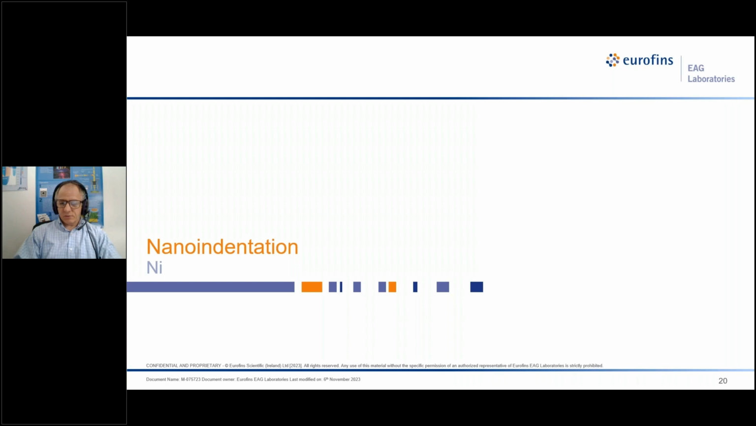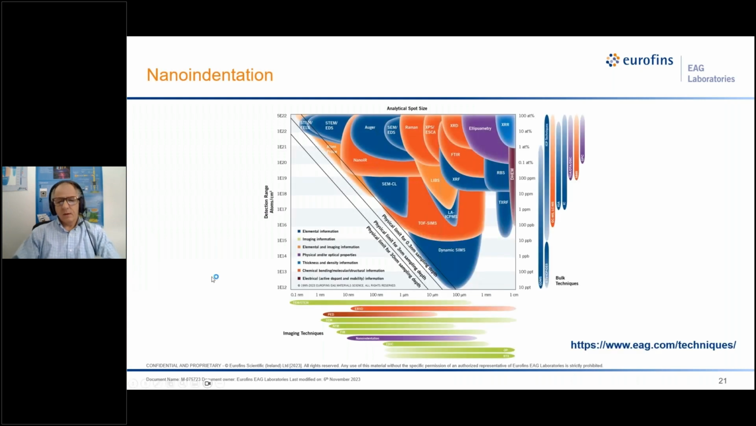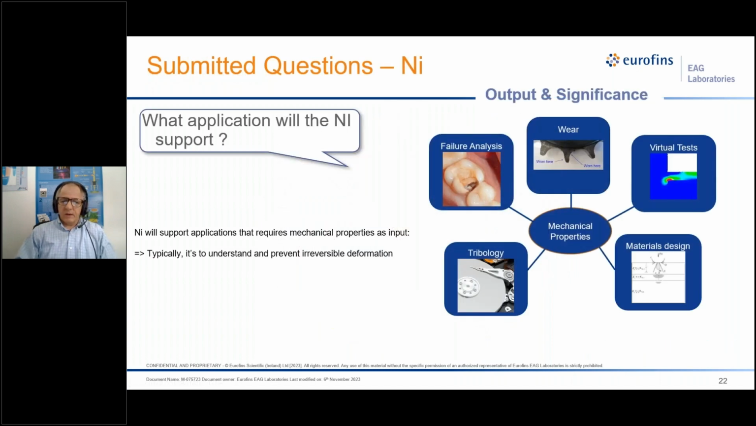And the main question is what we need. So it's a technique which is on the smart chart located here in the abscissa, probing the 10 nanometers to about a millimeter range, and when it comes to nanoindentation, the main question is what it can do for you. So what does it support? The main answer is we're dealing with mechanical properties, and mechanical properties we need,